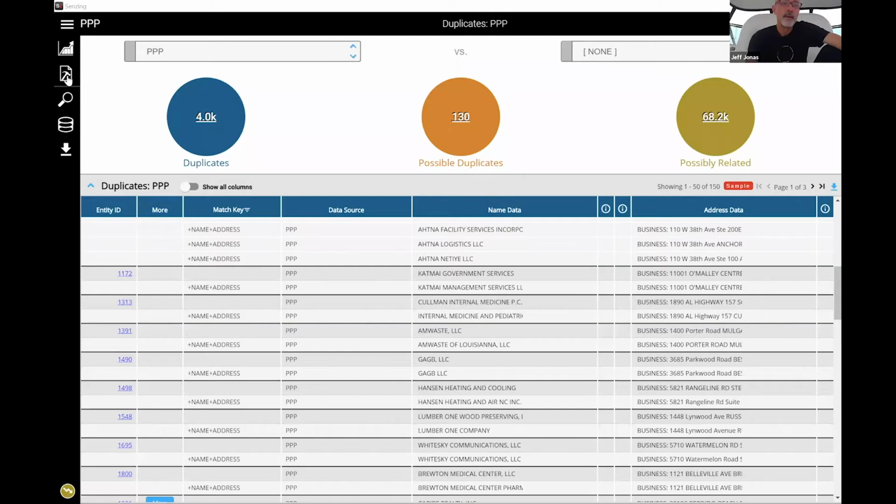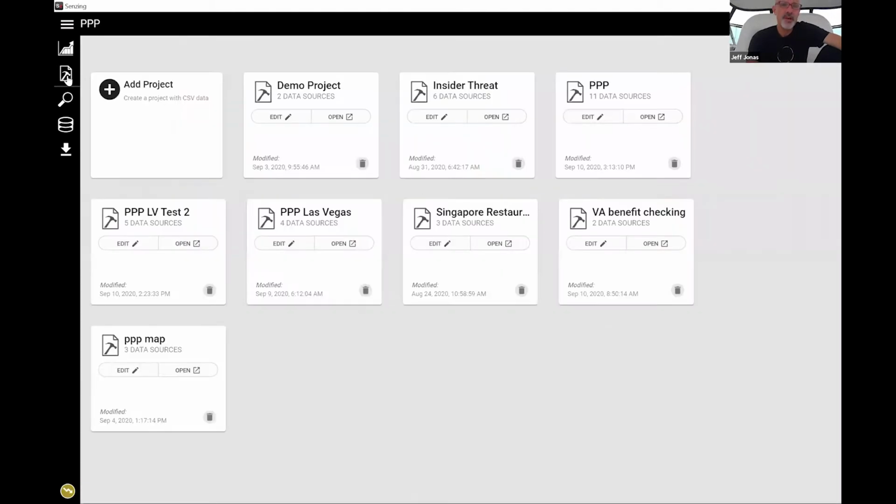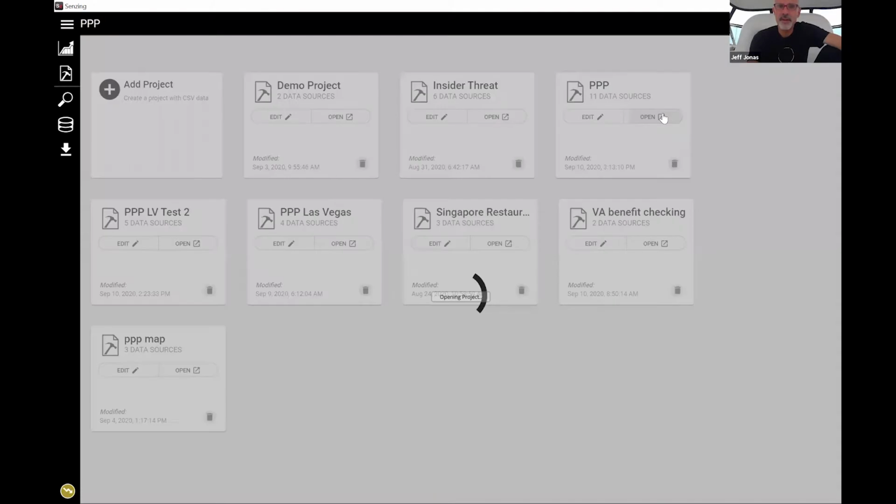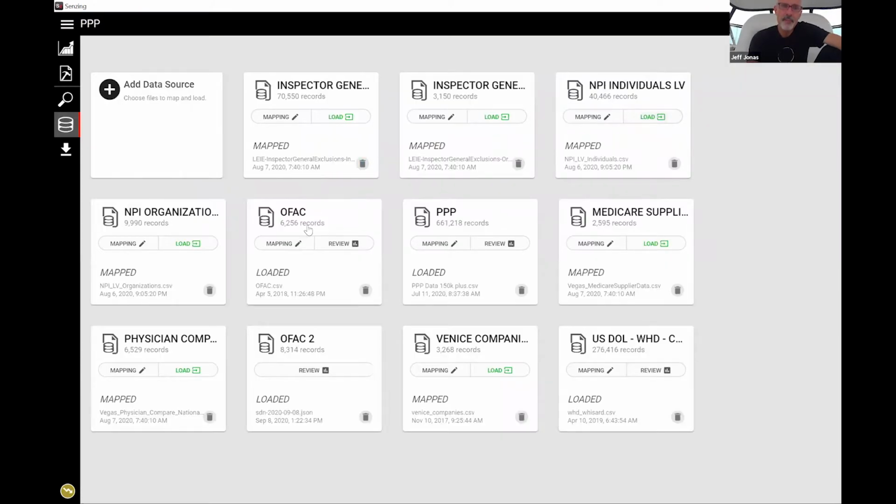So the app you're going to see just sits on top of it. You can download this app for free, by the way. Sure. Let's share it. It's on our website. You have projects, and one of my projects is PPP data. And inside of my PPP data project, I've been loading lots of different files for experiments because I've been looking